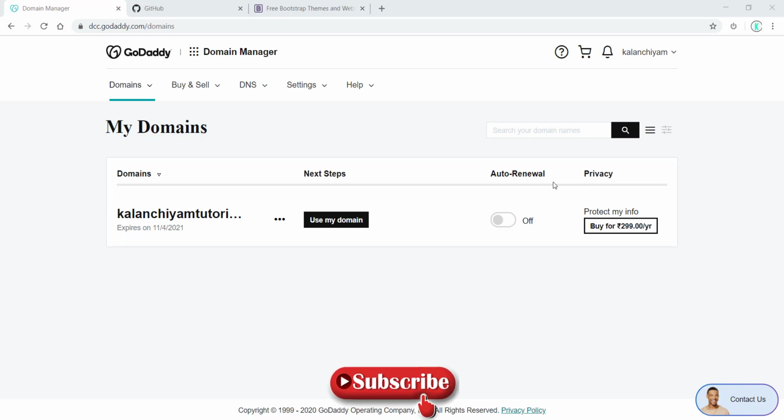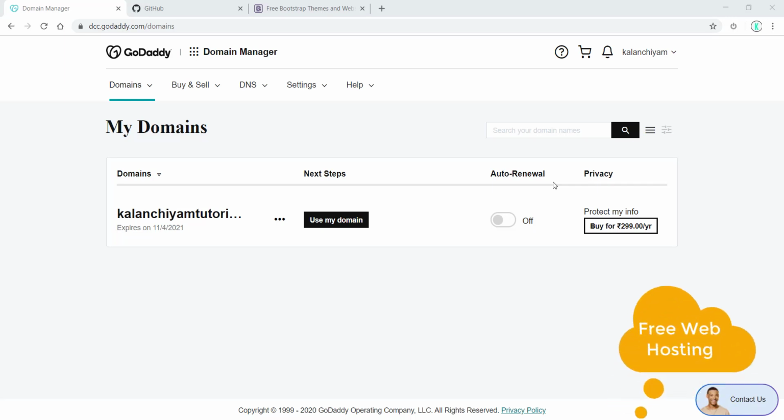In this session, we are going to learn how to host your website without spending any cost. For that, you should have one static template. You can download it from Bootstrap websites or anywhere you can get it. And then you should have a domain purchased from any domain sellers like GoDaddy, HostGator, or any of the domain resellers. And then you should have a GitHub account. That's it. It's more than enough to host your website without spending any money.